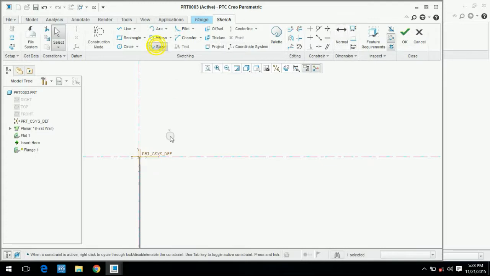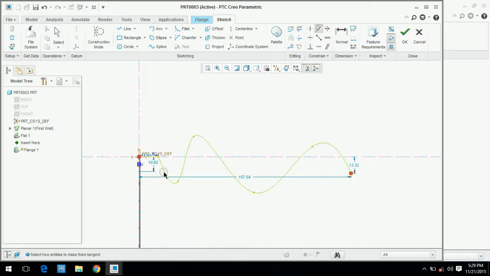Delete the spline, and put it tangent, but keep in mind that this is an error, so modify it